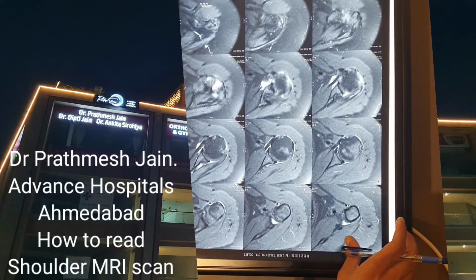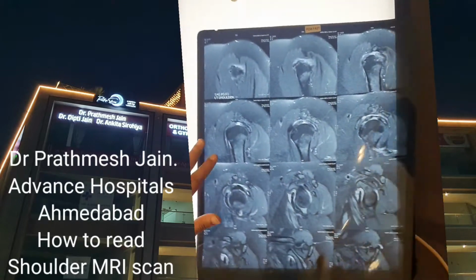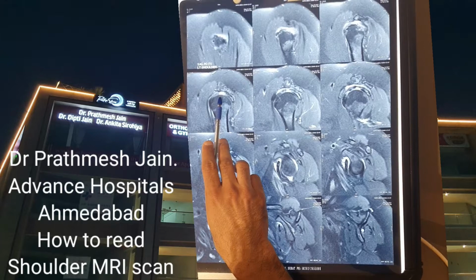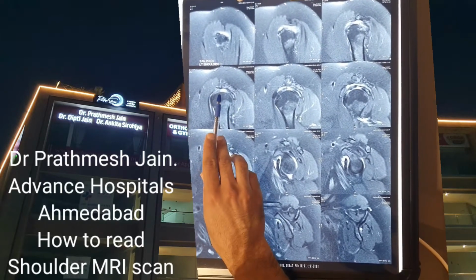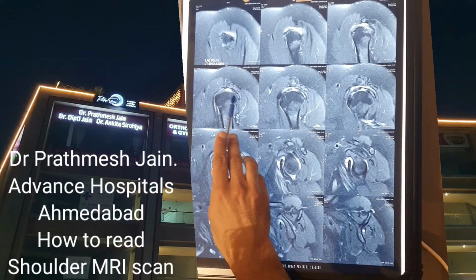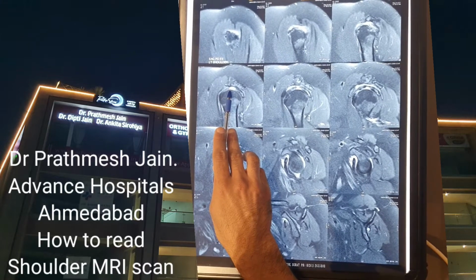Okay, and when we go to the coronal sections, what we can see here is a slit. We call it the bald head appearance. Let's assume that this is a head, then this is hair, this is hair, and there is no hair here. So this is called the bald head appearance, and this can vary.